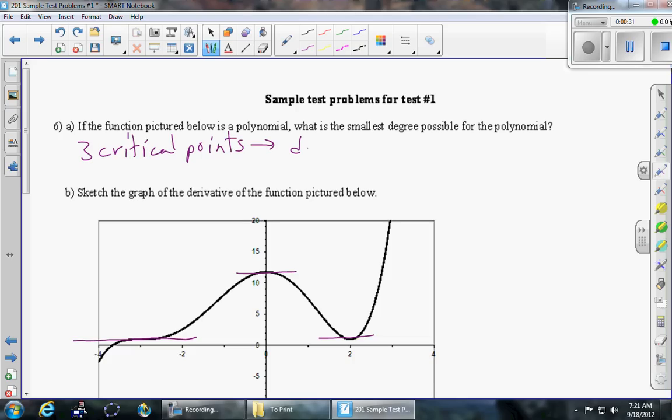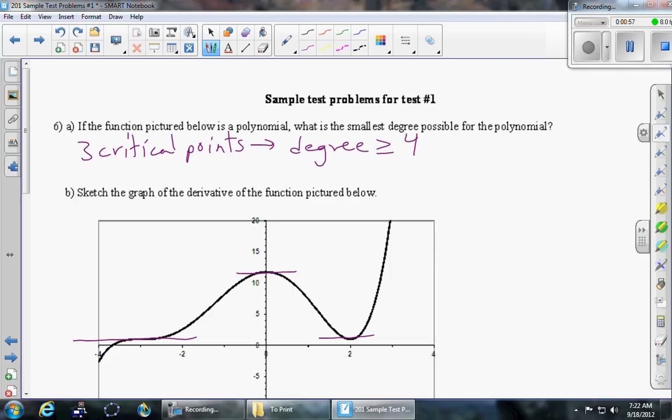And what that means is that the degree is at least 4. So we know that the number of critical points of a polynomial is usually 1 less than the degree of the polynomial. So 3 critical points, bump that up to a degree 4. And then the other thing we can say about that is if it's degree 4, then we could think about end